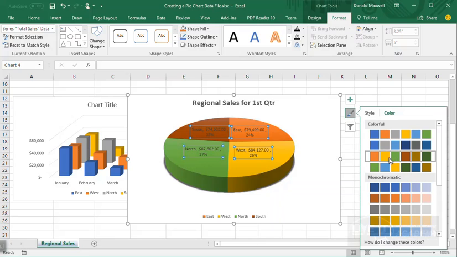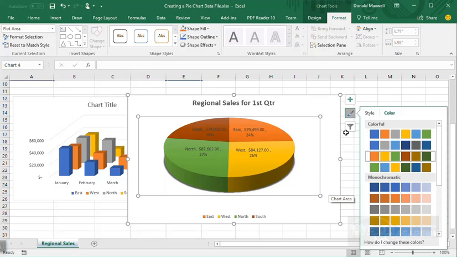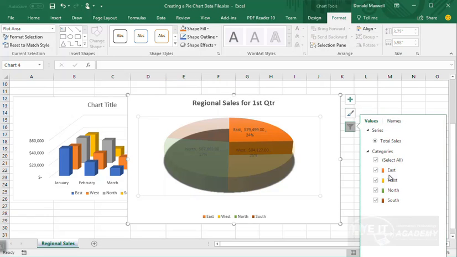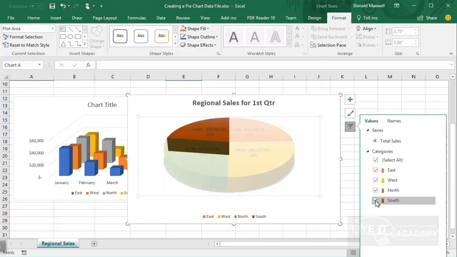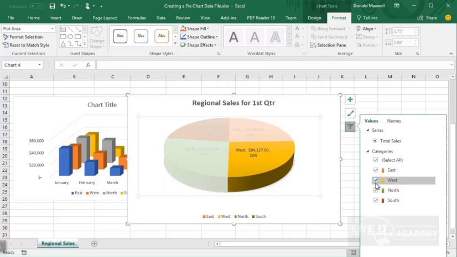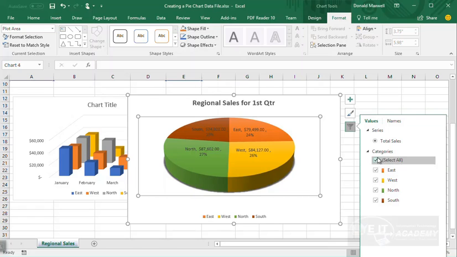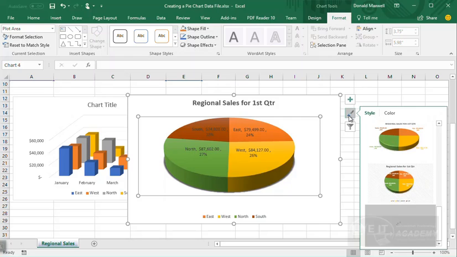Right? It's probably the most colorful. And you can see the percentages, that the least is 23% and the most 27%, right? So we're looking at a pie chart here. All right. And we do have filters as well, right? Which is really cool because you can show or highlight one region over the other if that's what you choose to do. Right, so we have values and names on the filter,